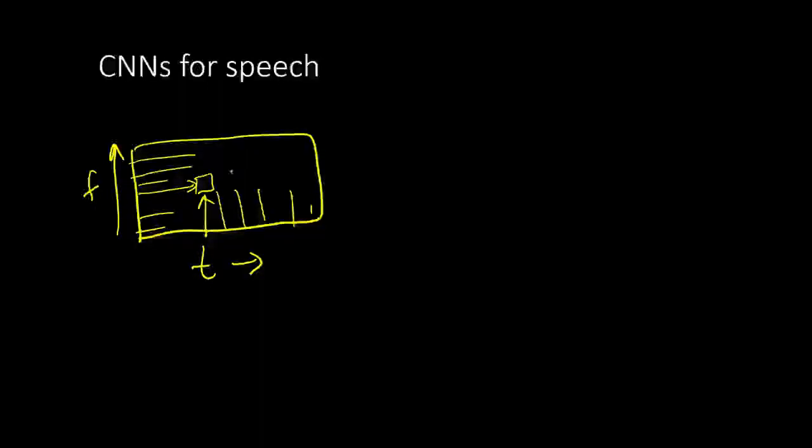So here we can detect the same existing feature, which could be some sort of speech pattern, either at high frequency for a high pitched person or at a low frequency for a low pitched person, and either earlier in time or later in time. So the same kind of localization and repeating pattern principles apply for speech also, and we can use CNNs for speech.